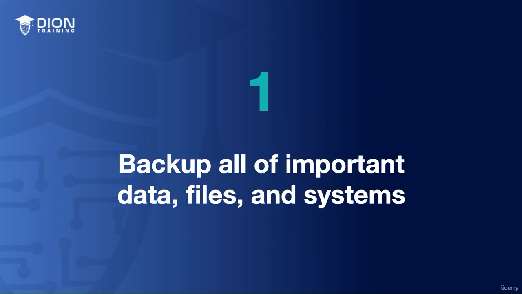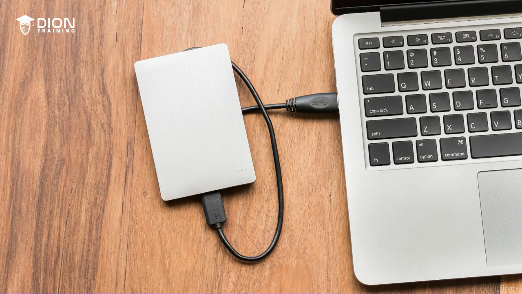These backups should be stored both on physical devices in your own on-premise data center, as well as a second backup conducted using cloud-based storage solutions to ensure that they're not connected to the main system that you're trying to protect. For example, if you only have one external hard drive connected to your system that serves as your backup, this device will be encrypted by the ransomware if your system is attacked as well. But by having cloud-based storage or an off-site disconnected storage solution available, you're going to have a full copy of your data if you need to restore those from backup because of a ransomware attack.